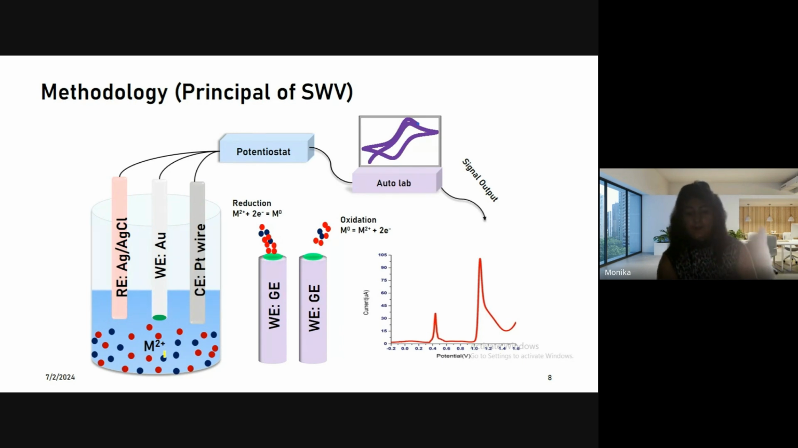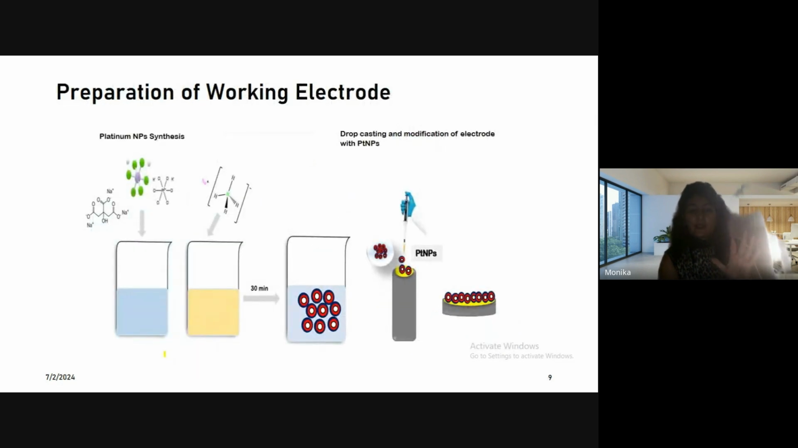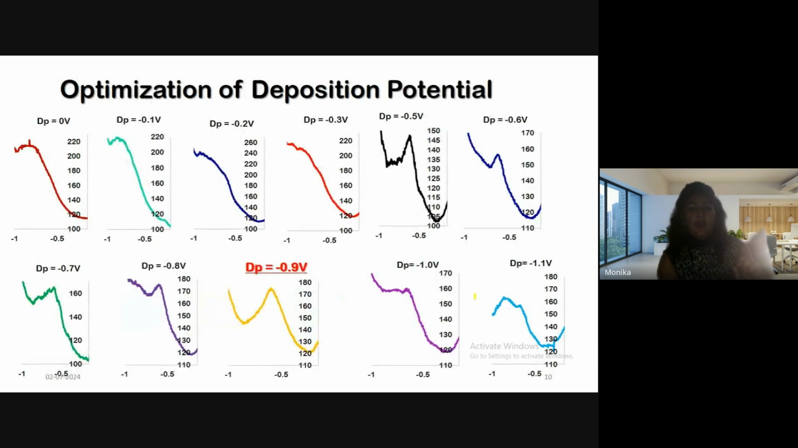So first I synthesized my platinum nanoparticles and drop cast them on the gold working electrode to enhance the surface area of the electrode, to increase the sensitivity and selectivity of the sensor for particular cadmium detection. For this, I have optimized the different electrochemical parameters, among which the first is the deposition potential. At a particular deposition potential, the ions present in the solution deposit on the electrode surface. So for this, I have taken data from 0 to minus 1.1 volt, and among them, I found